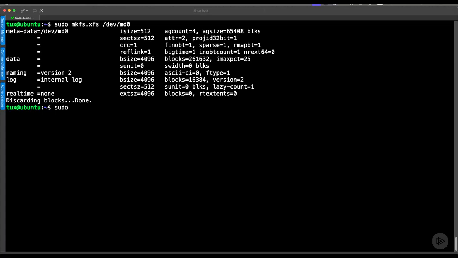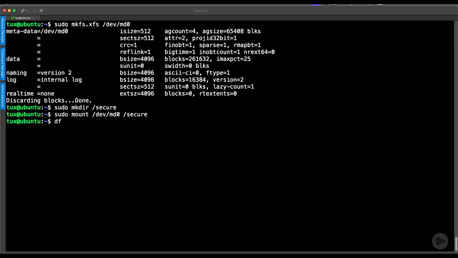So there you go. We have created our file system. Let's create a subdirectory that we can mount the device into. I'm just going to call it secure. Can't really think of a name, but that seems like a good name. I'm not going to worry about setting up the correct permissions. I'm just going to go through now and do a sudo mount. And let's make sure that we can mount our md0, so our RAID device, into the secure